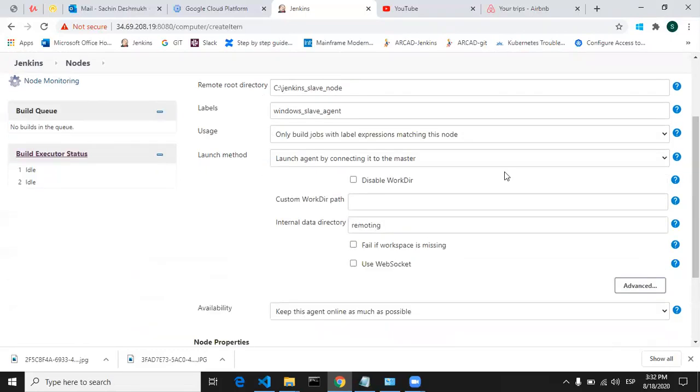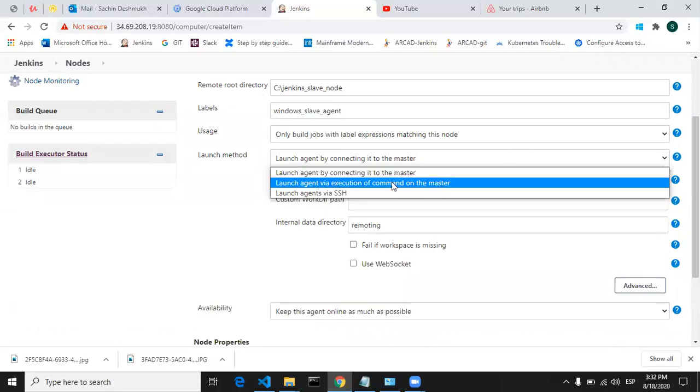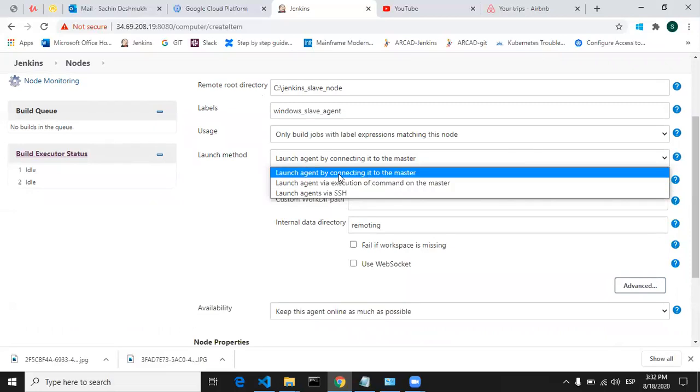Now in the launch method, you can see there are three options. One option is Launch agent by connecting it to the master. This is nothing but launching your agent via the JNLP port. In previous versions of Jenkins, you will see Launch agent via Java Web Start, which means launch agent by connecting it to the master.